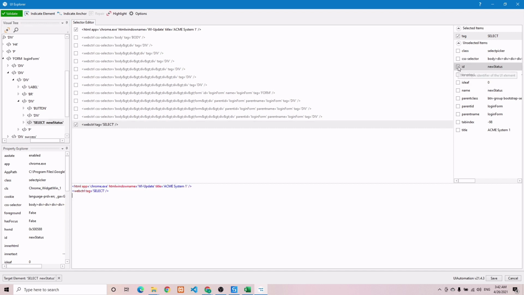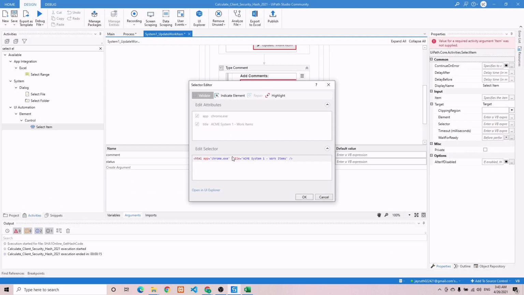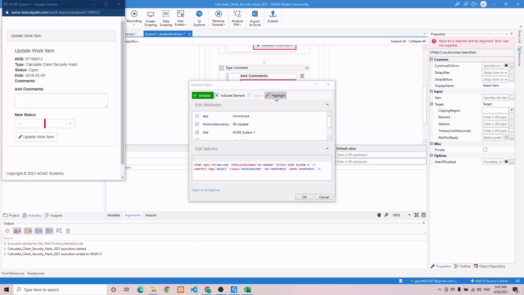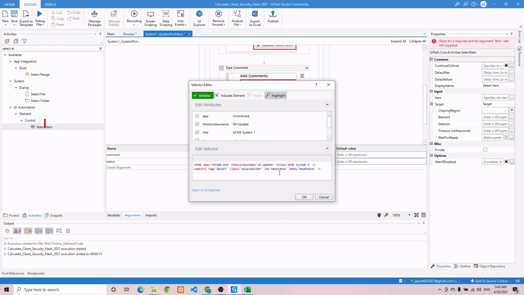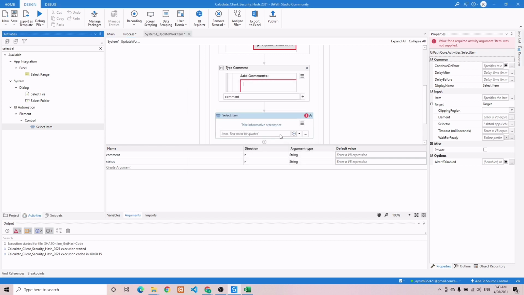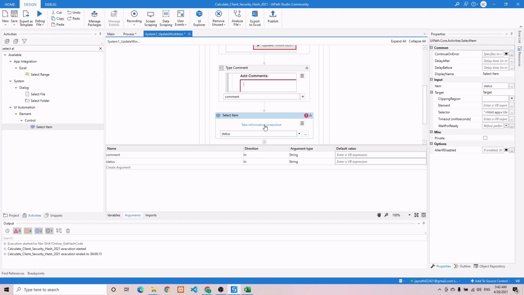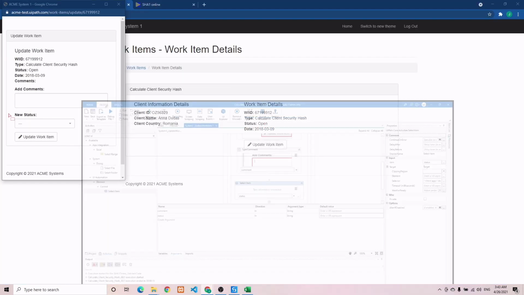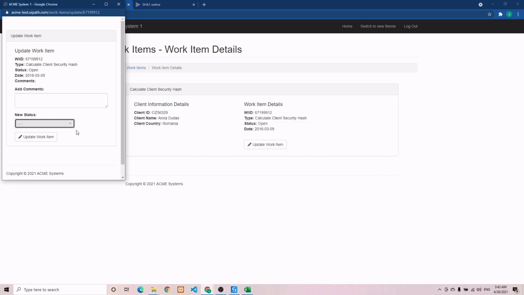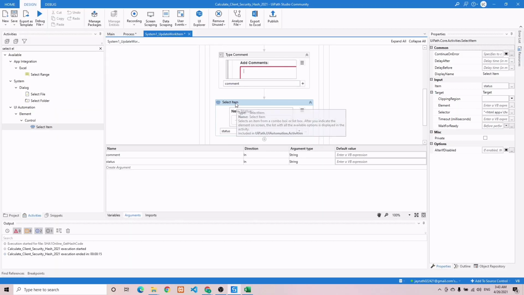Let's add other attributes in here like the new status, the class, the name, and yeah, I think that should be good. Now hit the save button. Let's see if it will be validated. Yep, let's try to highlight it, and yes, it's good. Now let's hit OK, and now let's provide the item to be selected. It should be the status. And let's just take an informative screenshot before we end up this activity. So, all right, select